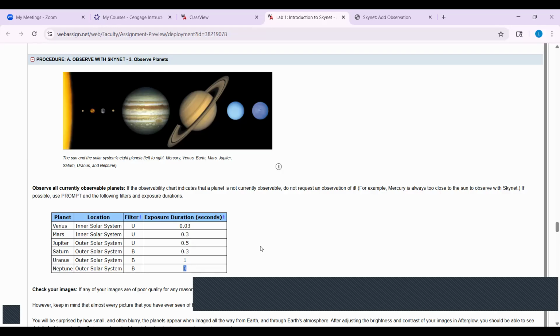Because Neptune doesn't give off much light. Exactly, because Neptune is very faint. You cannot see it by your eyes, but we can see Jupiter with our eyes, and it is very bright. For an object that is bright, we need a shorter exposure duration. The reason for the exposure duration is that, for example, when we see it with our eyes, we just see it